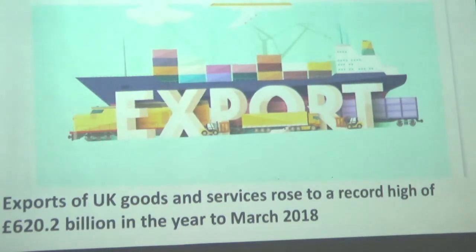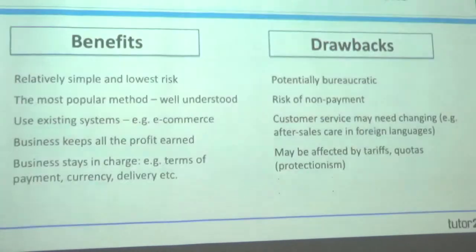And it's huge. I mean, the UK, like many developed economies, is a major exporter of goods, physical products and services, over 620 billion in a recent year to March 2018. And as I say, pause the video as we go if you want to jot down some of the key benefits and drawbacks. I'll draw out the key points. With exporting, it's really well established, extremely well understood. A large percentage of UK firms export to international markets, increasingly small firms as well, particularly given the ability to use e-commerce, and also particularly if they're selling a service. It's relatively simple, relatively low